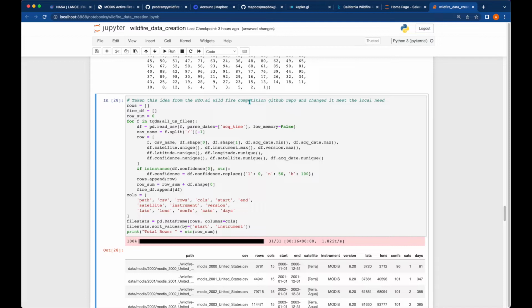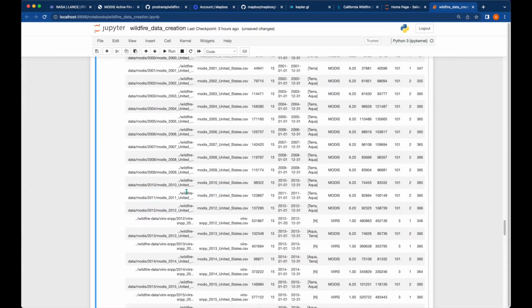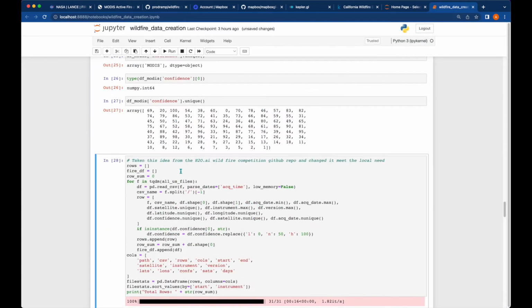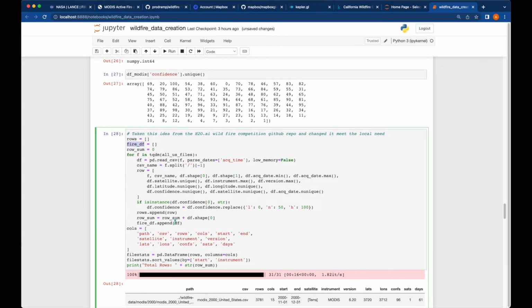So I used it and I changed it to make it work depending on our need here. So what we have done, we have taken the data from all of these 31 files and we have stored it in this FireDF, and we keep appending to this FireDF. So we are reading a data frame, we are collecting some of the information, so we could see here, and then we are appending that data frame. So slowly the Fire data frame has the collection of all 31